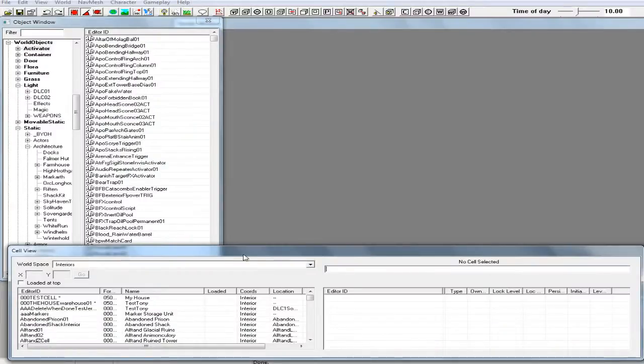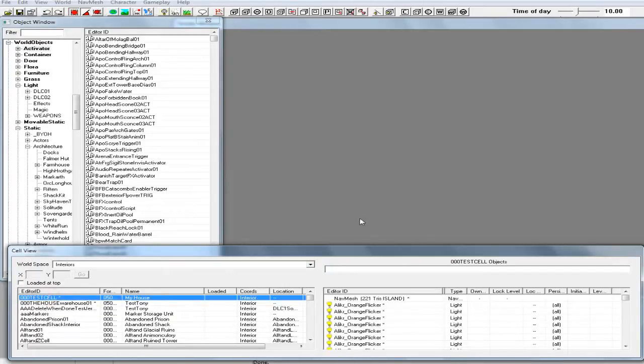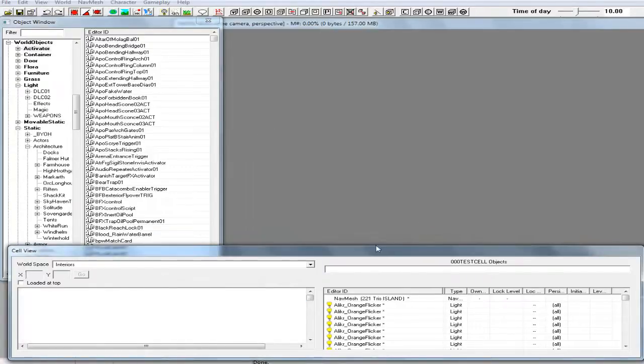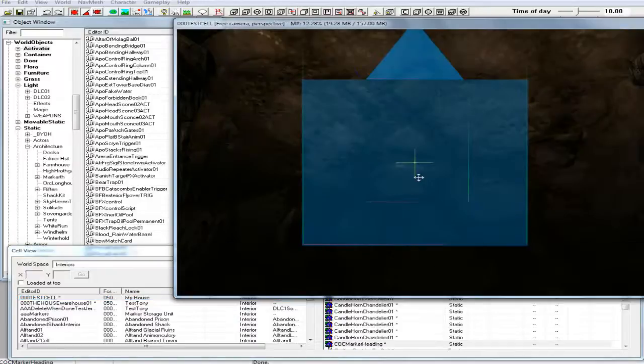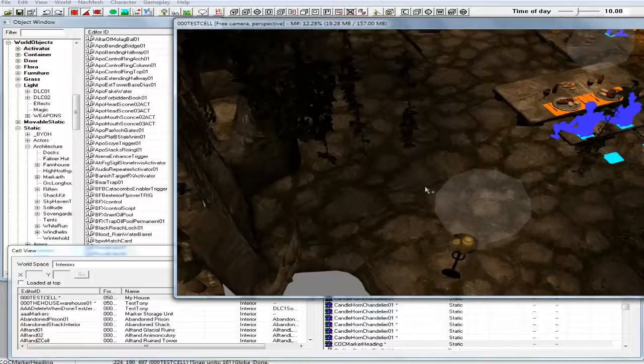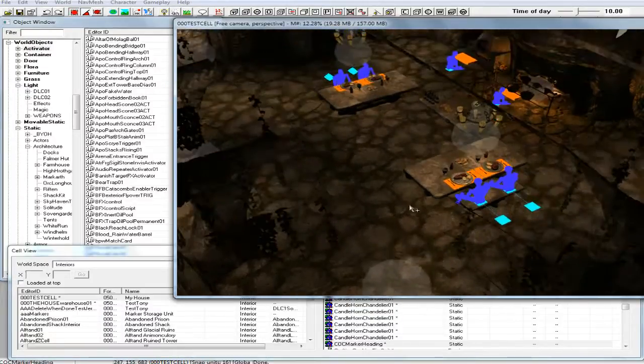Okay, we got CK all loaded up. Now I'm going to go ahead and open my test cell. Double click on test cell. That should be pretty obvious now. You just double click on it and it comes up. Click on your marker so you can rotate, and we're going to work some more on our kitchen and dining